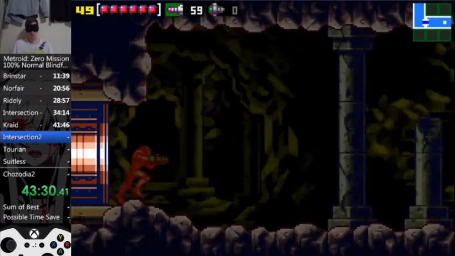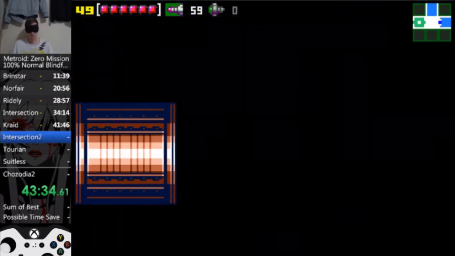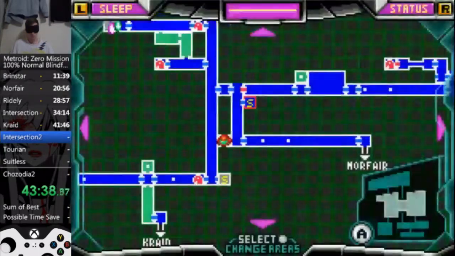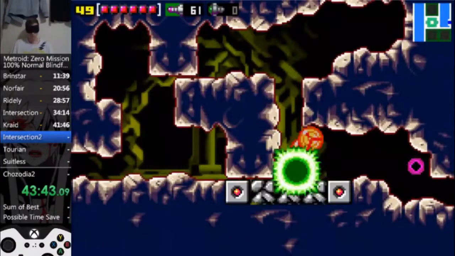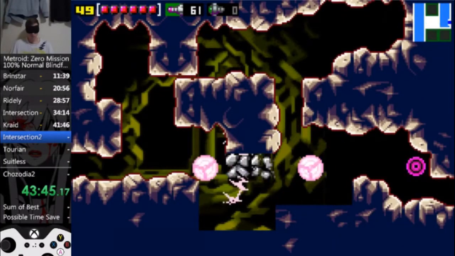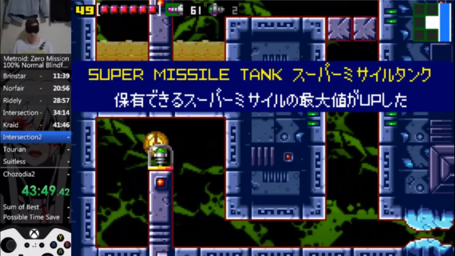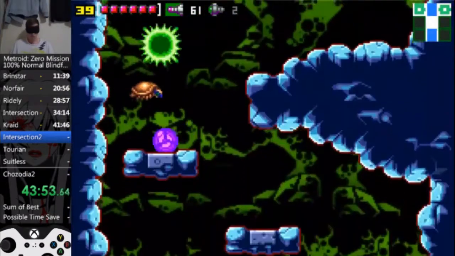Perfect spark. Pause buffer. 1 kill. 2 kills. Bomb. And we were down there and perfect. We got the secret super missile tank. It's an extremely difficult item, but